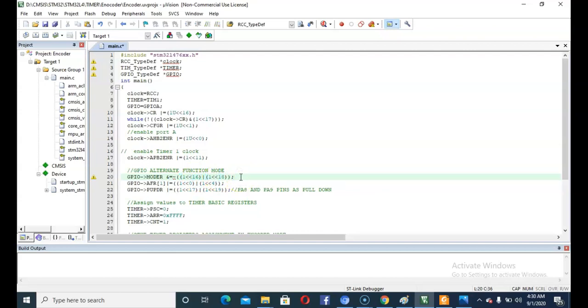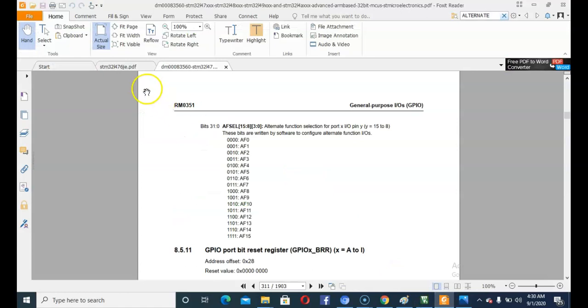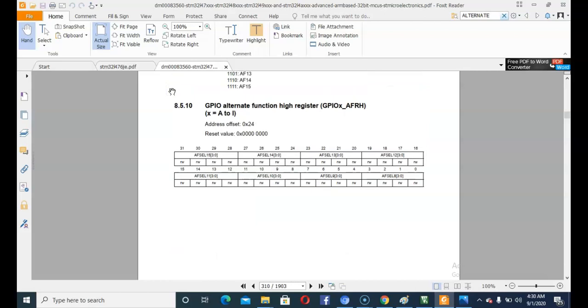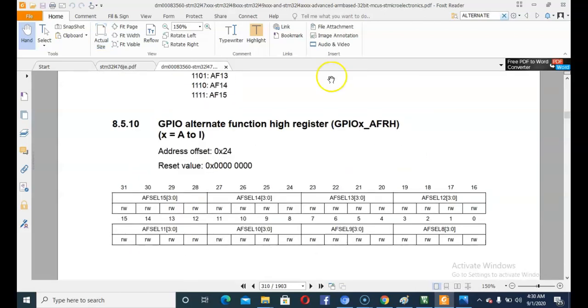So let us see which bits we are clearing. Go to the reference manual for it. This is our reference manual. So this is the AFRH, or we can say the AFR1 as denoted by the CMSIS header file. So we are clearing the 16th bit, and the other one was 18. This one, the 16th bit and 18th bit, we are clearing.